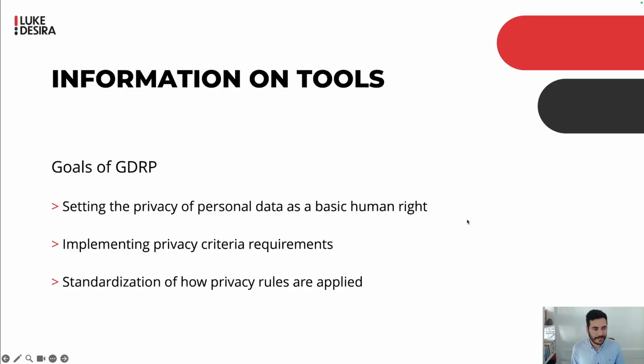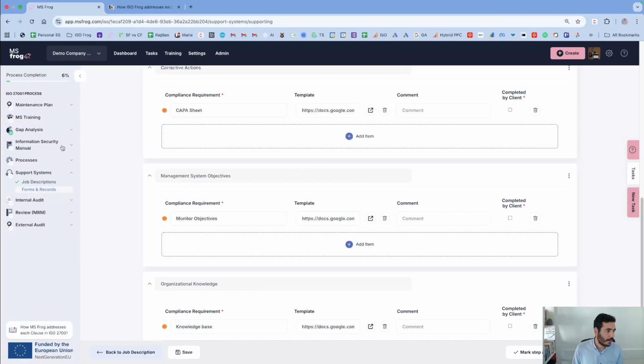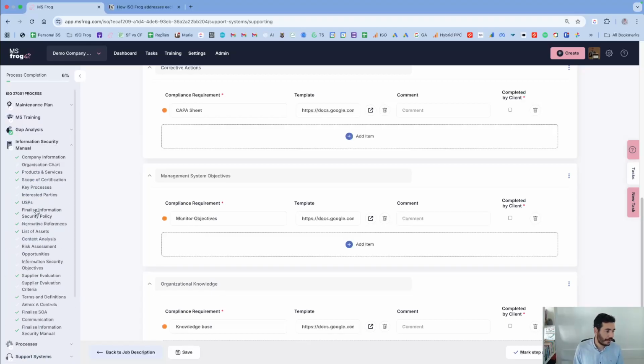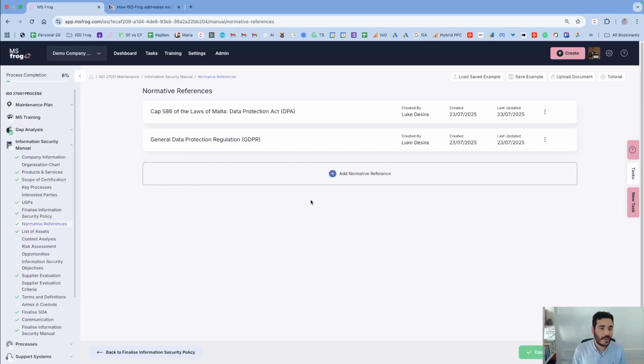As you can understand, this course is not about GDPR or about any other legal requirement when it comes to information security, because that can change depending on the industry where you operate. What we're talking about here is to make a list of requirements that applies to your organization, and how that is done in practice is that, and here I'm referring once again to Miss Frog, basically we're going to have